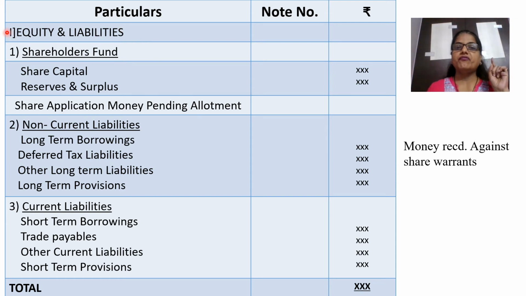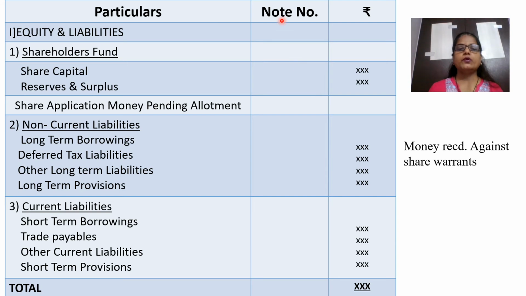You will give Roman number 1 to this, equity and liabilities. Then under that you will find first number 1, numerical 1, you can write shareholders fund. Shareholders fund में आता है शेयर कैपिटल एंड रिजर्व्स एंड सरप्लस. ये याद रखने की जरूरत नहीं है. फिर नॉन करंट लाइबिलिटीज, numerical 2 नंबर आप दे सकते हैं. नॉन करंट लाइबिलिटीज में आता है लॉन्ग टर्म बोरोइंग्स, डेफर्ड टैक्स लाइबिलिटी, अदर लॉन्ग टर्म लाइबिलिटीज एंड लॉन्ग टर्म प्रोविजंस. इसमें भी ये डेफर्ड टैक्स नहीं याद रहा तो भी चलेगा. फिर करंट लाइबिलिटी में शॉर्ट टर्म बोरोइंग्स, ट्रेड पेएबल्स, अदर करंट लाइबिलिटी एंड शॉर्ट टर्म प्रोविजन.